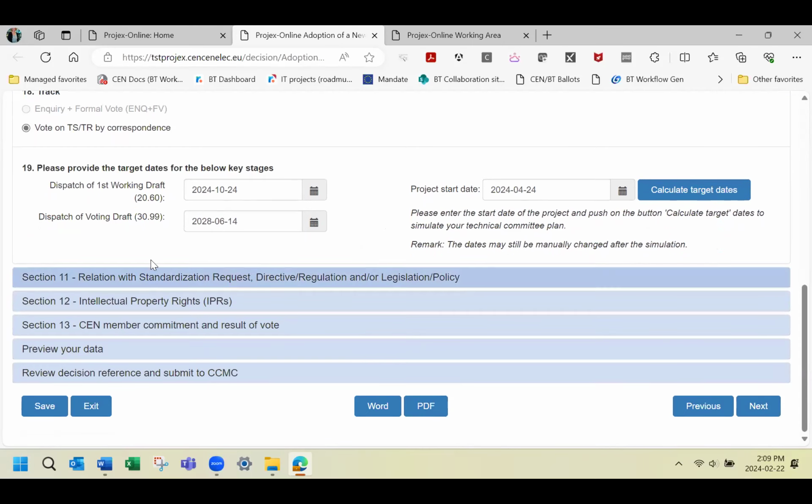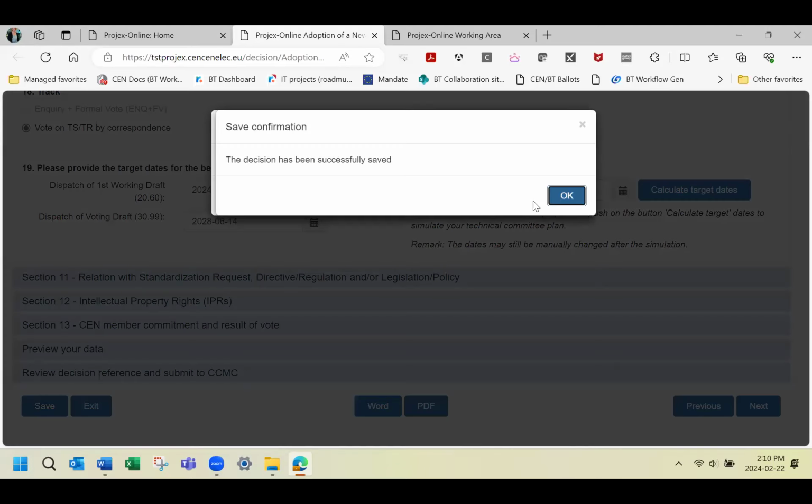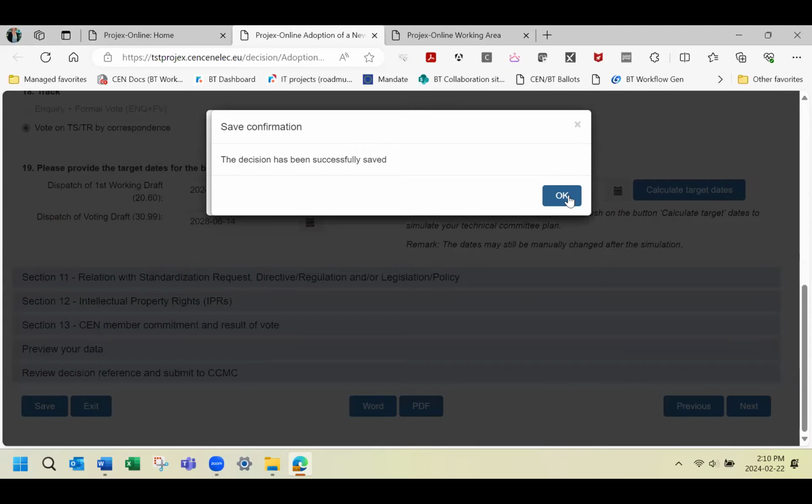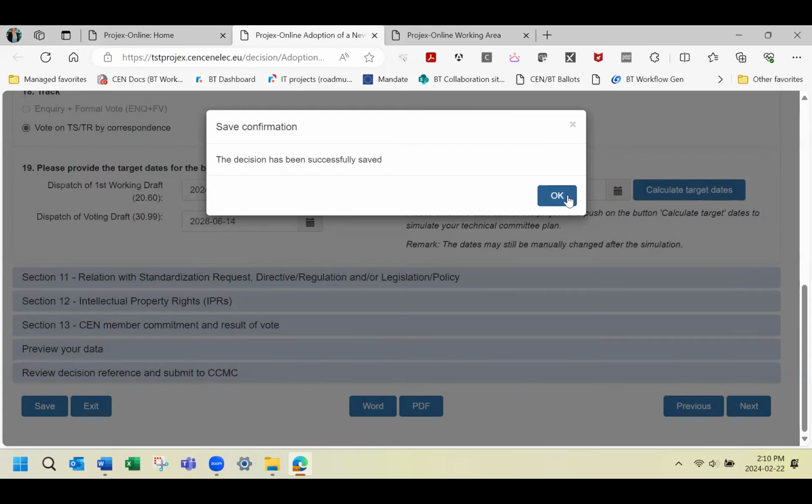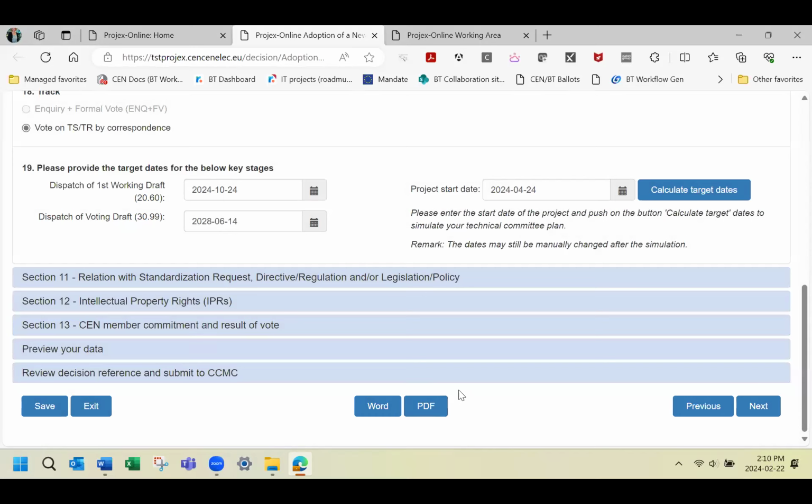Okay, so I have already pre-filled the other sections, so I will actually save my draft as a PDF. And I go to next.